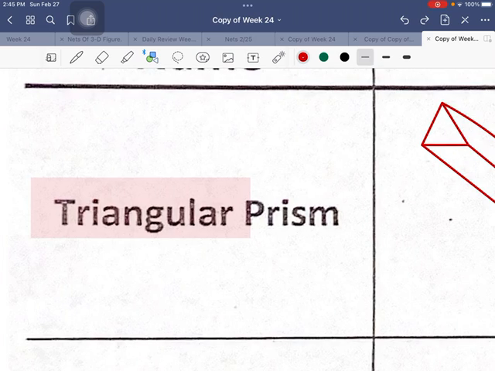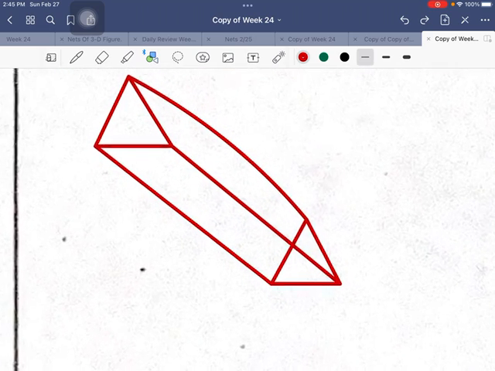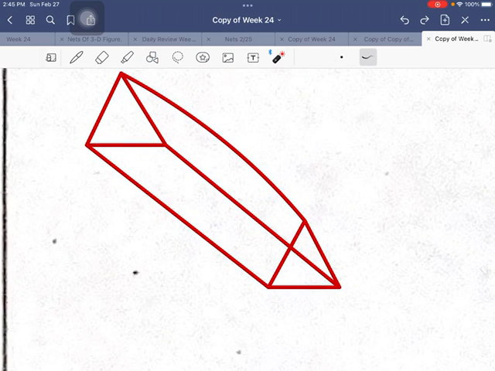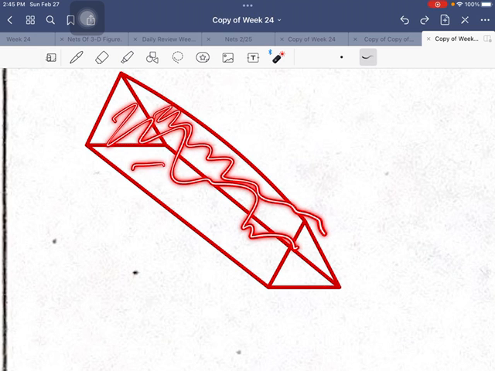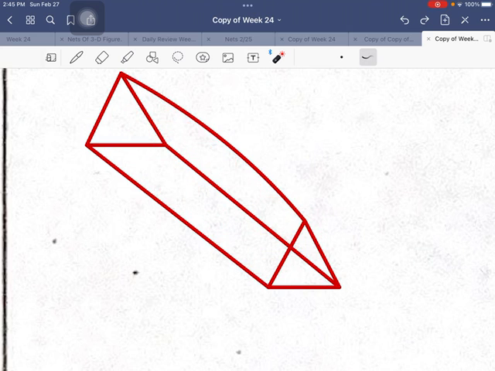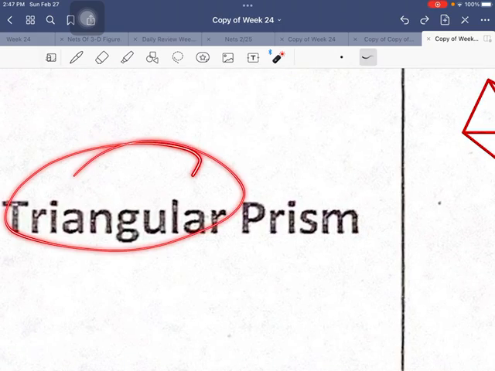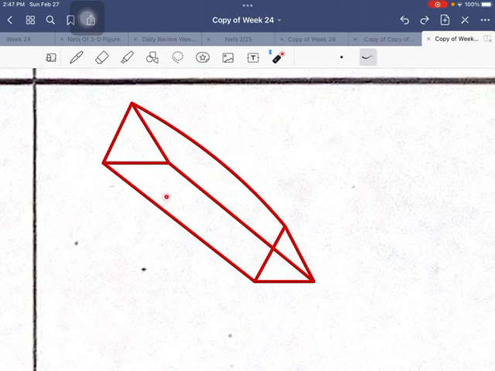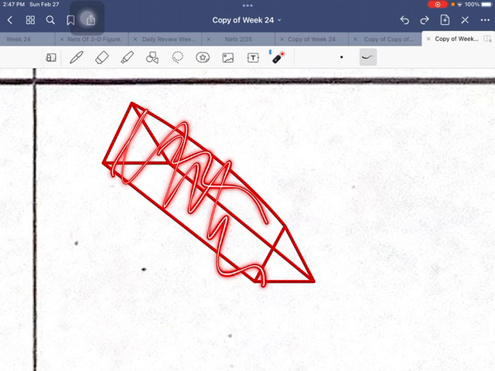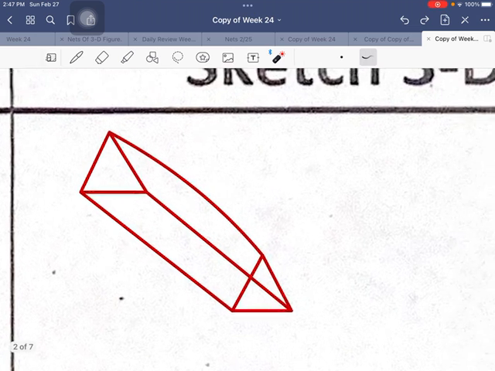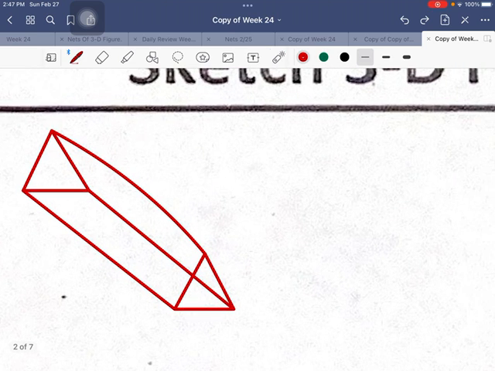Now, I was asked a lot in class, but sir, there's 1, 2, and 3 rectangles. There's 1, 2 triangles. Why is it called a triangular prism if there's more rectangles? 1, 2, and 3. The one on the sides and the one in the bottom. Well, I gotta tell you this. When you have